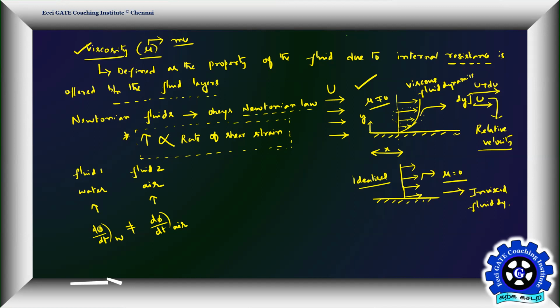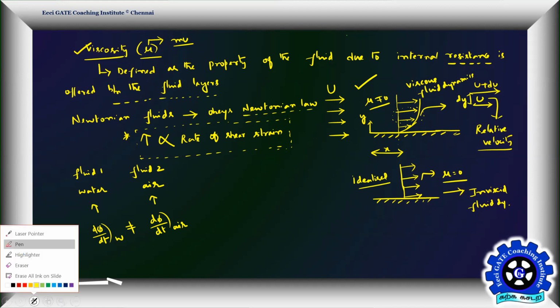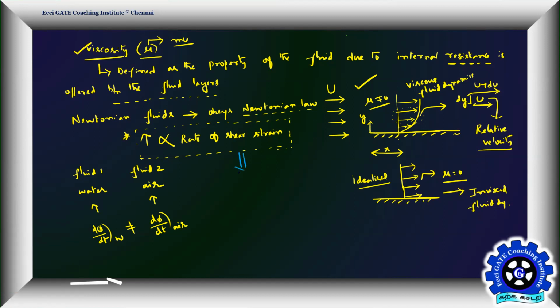I'm seeing a rate of shear strain different between water and air, even though I kept the same force by area value. That means the shear stress value is the same, which means something has to be included in the equation you have written already as directly proportional, which takes into account the nature of the property of the fluid. That is what is called viscosity. So what we'll do now is modify this existing equation as